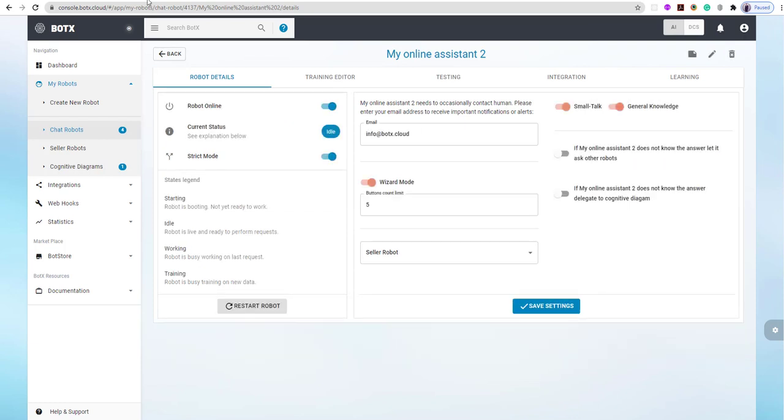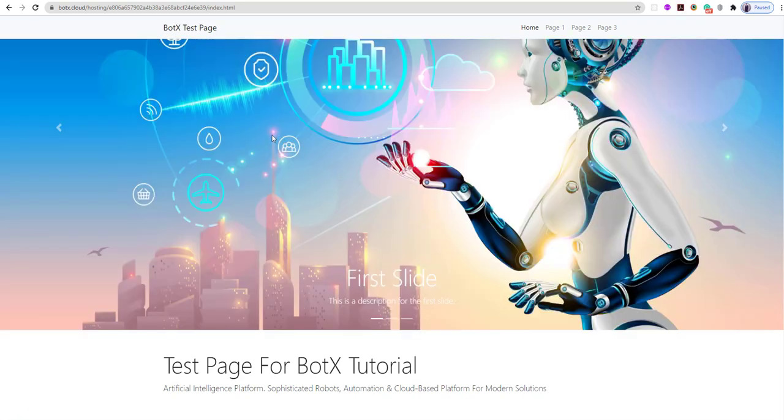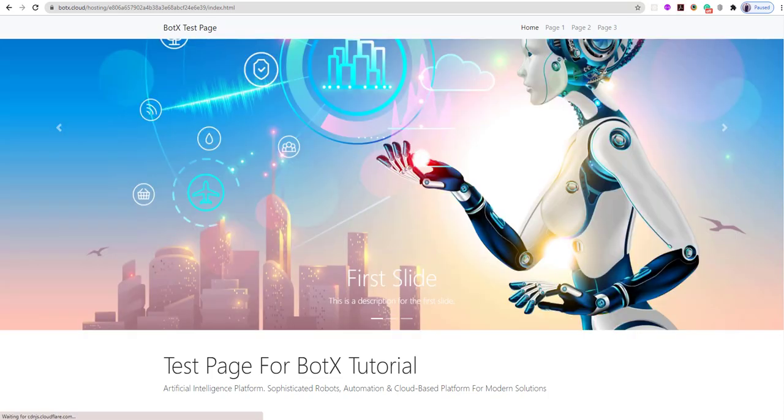So let's switch it on, and let's now try to refresh the page. And okay, our widget is here, as you can see, and it is in blue colors. So after 5 seconds, we should have our bubble showing,